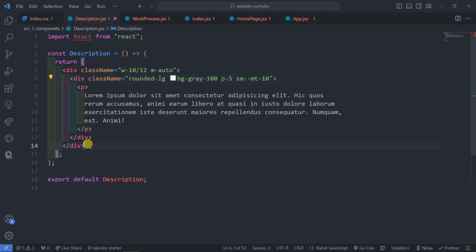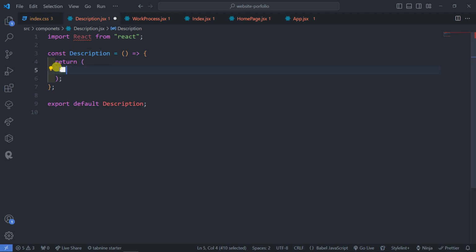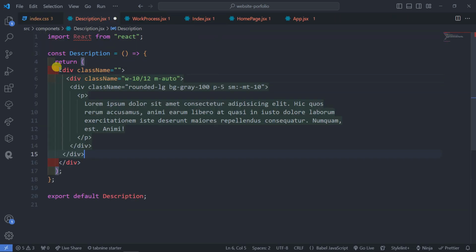And then we can do like this. Instead of passing this within here, you can just cut it and pass one more div here. Then within this div we pass this one, and then with this one we can just say BG